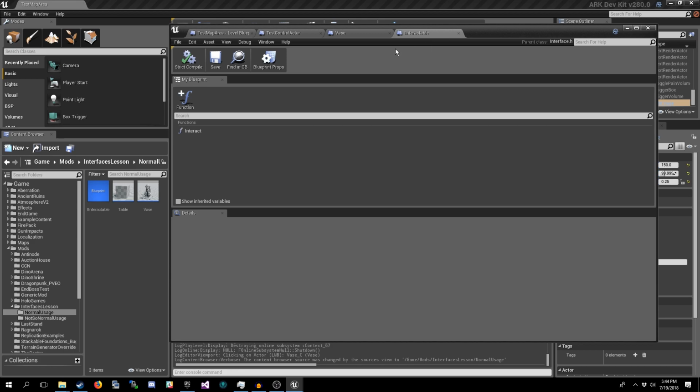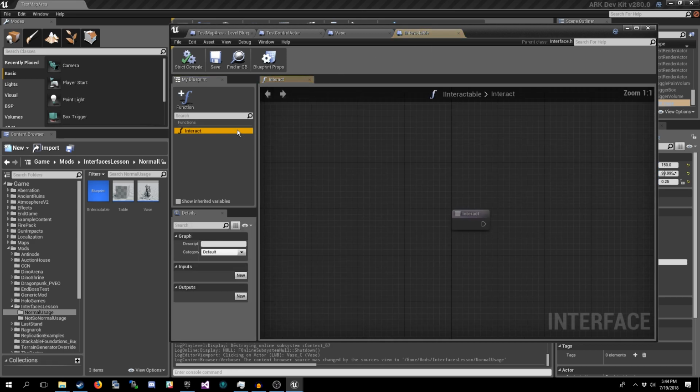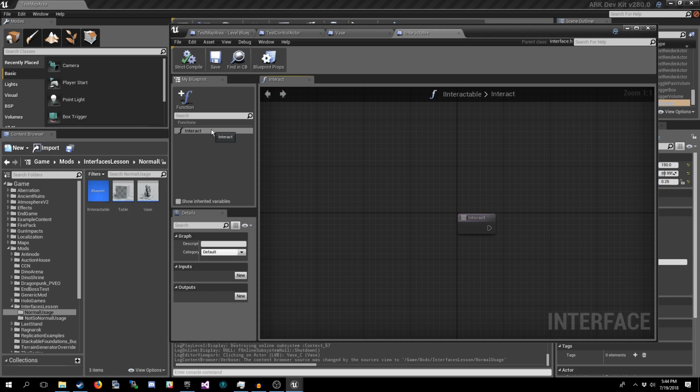And if you remember from our last video, this file is just to declare function signatures, okay? And what I mean by a function signature is we're giving it the name and we're telling it what inputs and outputs to expect from it. And that's it. You cannot edit the graph itself in these blueprints. It is just a declaration. There is no implementation involved here.